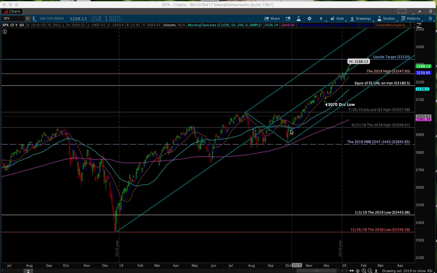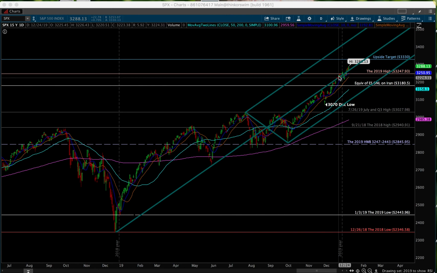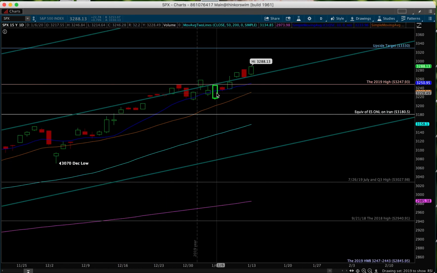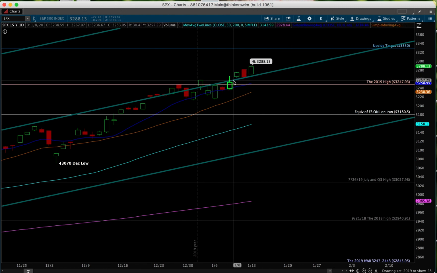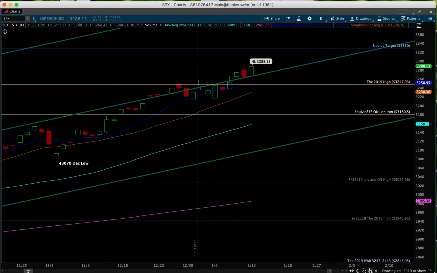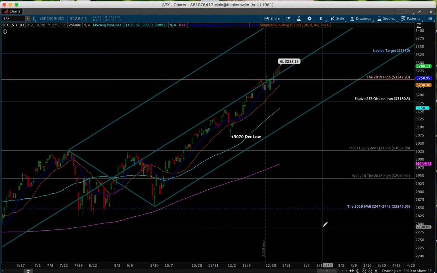And you can see that we traded from that low in October, we traded between the median line and the bottom of the fork. And then here at the end of December, we started taking a little peek above it. And now as we are here into January, we've made 3 closes in a row, distinctively above the median line of this fork. So what that means is that if there is any kind of